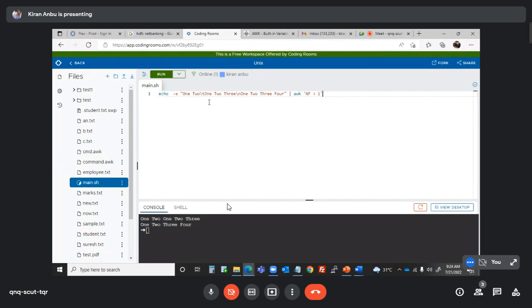If previously I didn't use the double quote, it printed everything in a single line. Now when I use it with double quote,